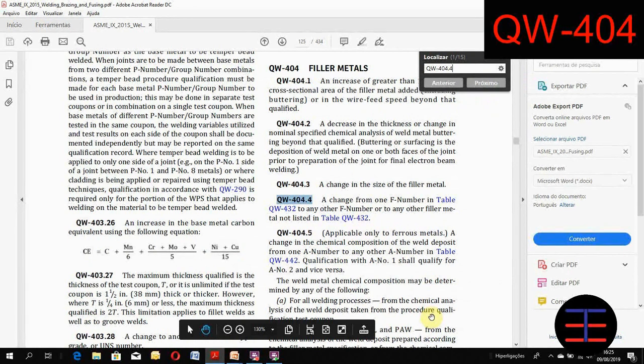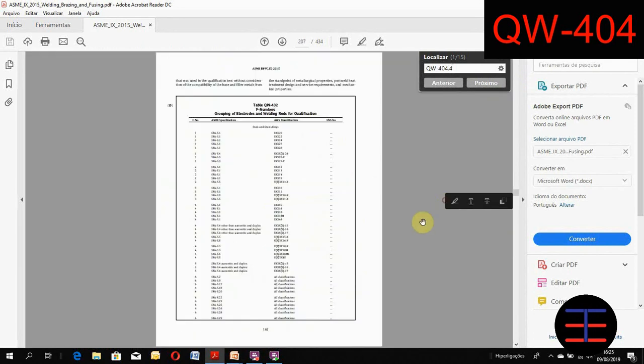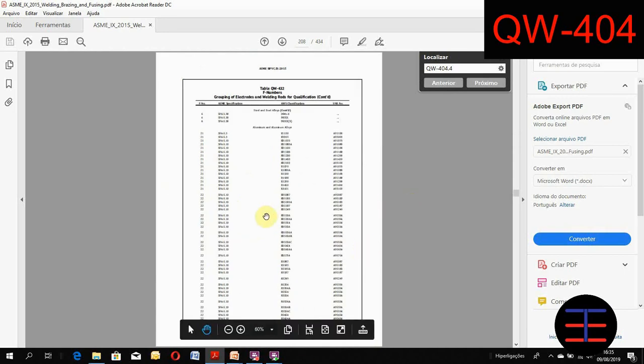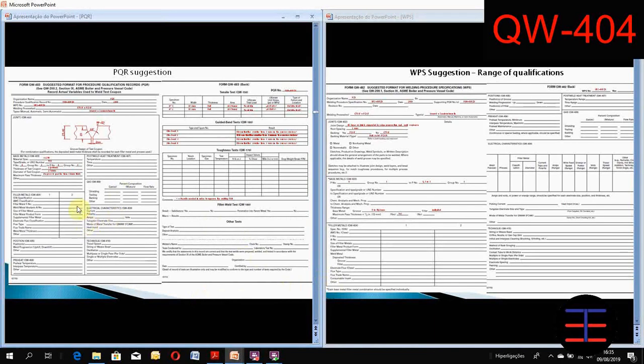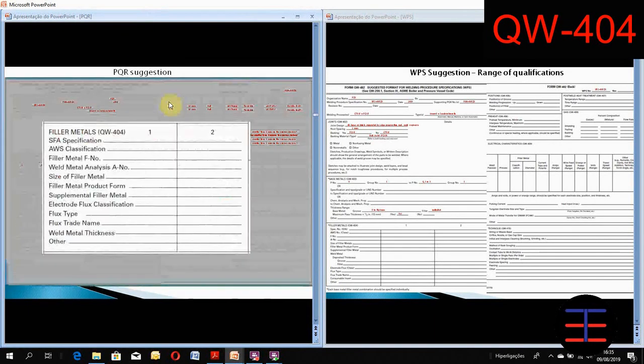So what this means is that we've got to go into this table QW-432. But first we have to go here into our PQR. In here we're going to fill the